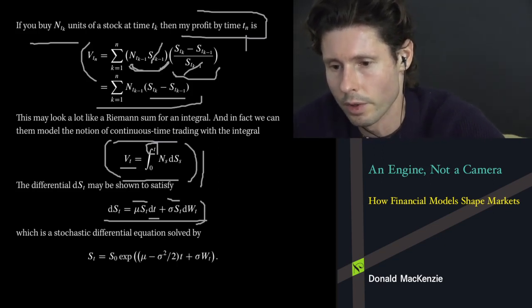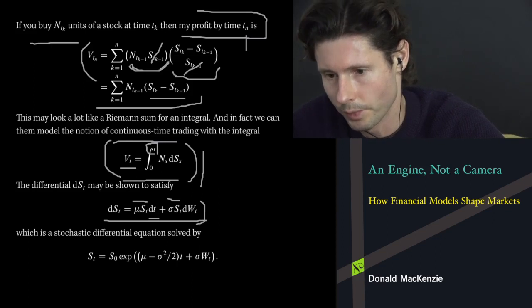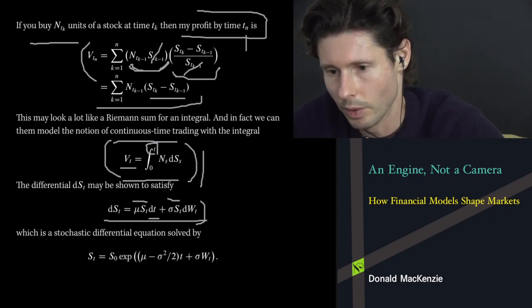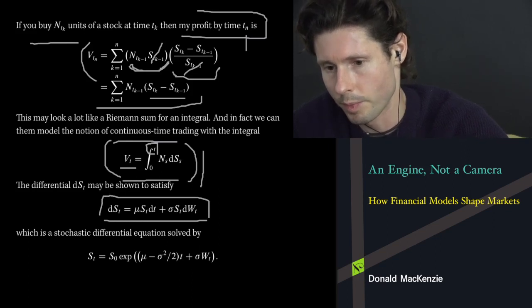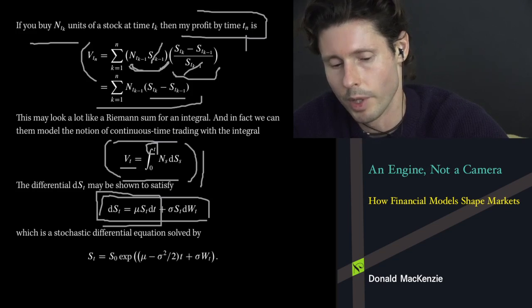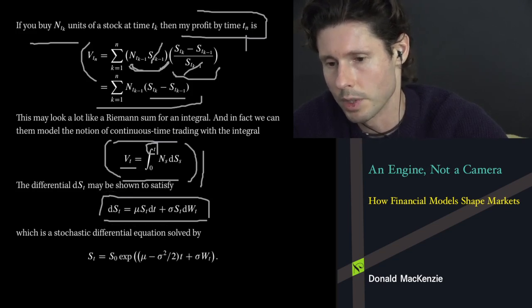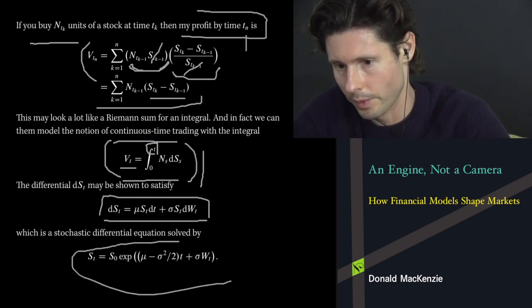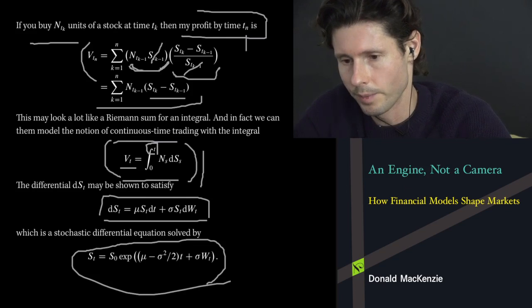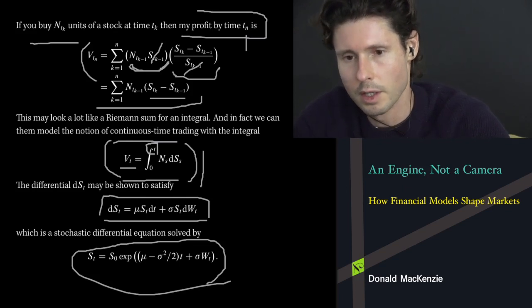And then furthermore, there are tools in stochastic calculus to actually show that this, which is a differential equation here. So what I'm highlighting in the box here is a stochastic differential equation. This part of it, without the Brownian motion, would be just an ordinary differential equation. But as soon as you add this Brownian term, it becomes a stochastic differential equation, and there are tools that can show you that you can solve it with this formula here. And so we're back at the definition of the geometric Brownian motion.